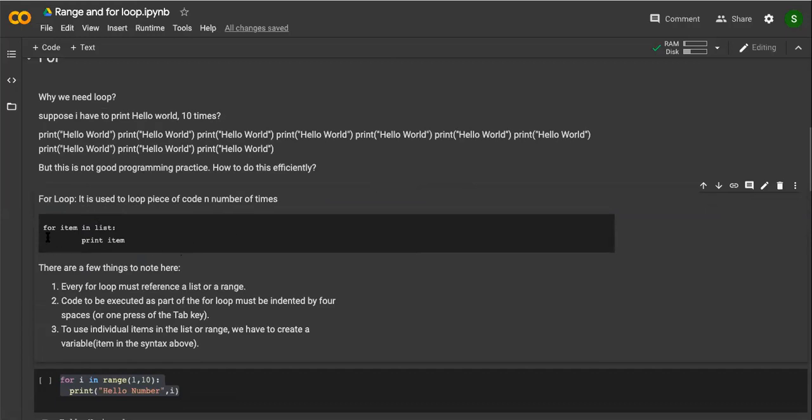Okay. So here, for, and then items list. Basically a list is a set of items. Okay. And this is a variable. Item is a variable which will access the elements of this particular list. Suppose it has 3 elements, 0, 1, 2, then this particular item variable will pick each element one by one and come here to print that. So how this basically works is,